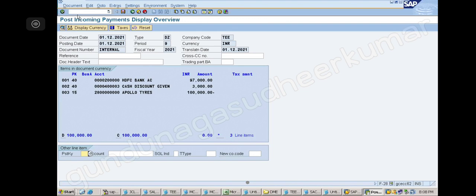Yes. So this entry, how is it coming here? It is coming automatically. At the time of posting, I gave the bank account and customer account, no? I did not give this account, but the system is automatically taking it. Correct? Yeah, through OBXI and SKT transfer. Okay, so clear, everybody? Same thing but opposite side. Yeah, that is what we are doing.